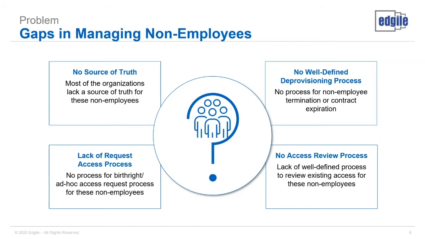And then beyond that, being able to request access when it's necessary, anything beyond maybe birthright provisioning that might happen, is a very important consideration when it comes to being able to manage identities and access in general. You've got to really be able to understand who needs to request access and give them the opportunity to do so in a systematic way. That's again something that we see missing a lot for non-employee populations specifically.